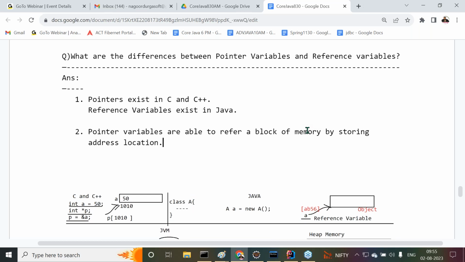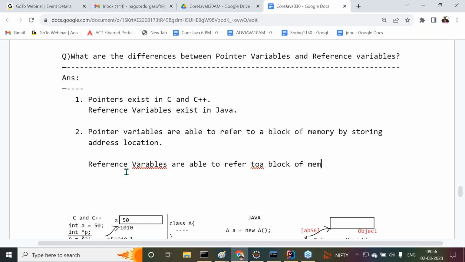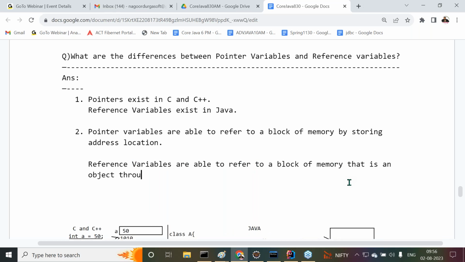But whereas reference variables are able to refer to a block of memory, that is an object, through its reference variable, through its reference value,